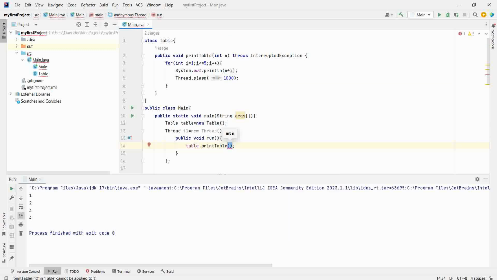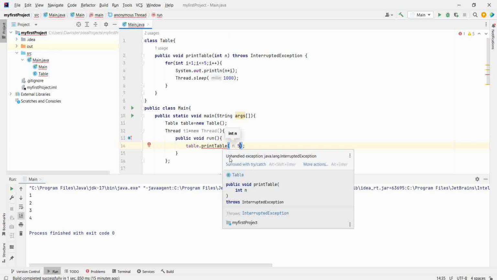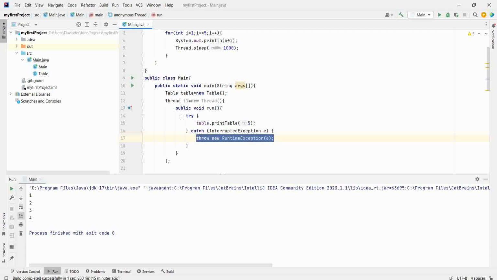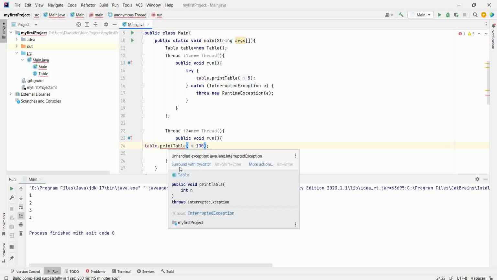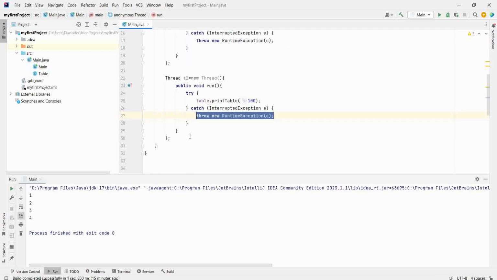Let's suppose we want to print the table of 5. What is it saying? Try catch. Let's implement it. Now here print a table of, let's suppose, 100. 100 into 1, 100 into 2, up to 5. Again a try catch. Now we will start both the threads.